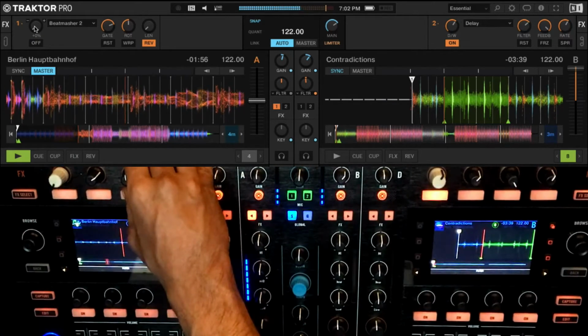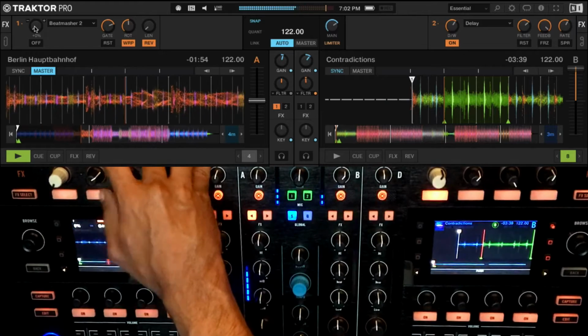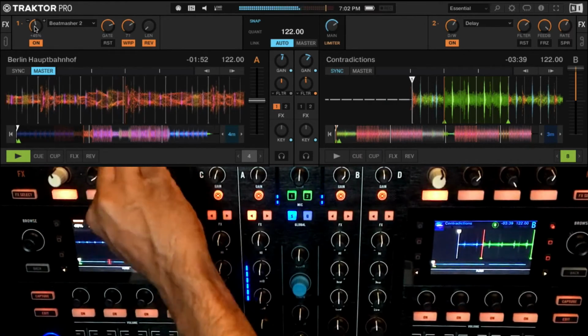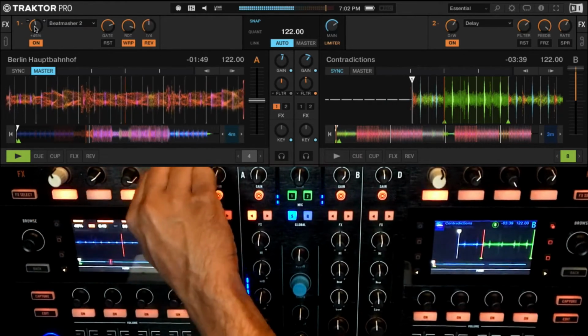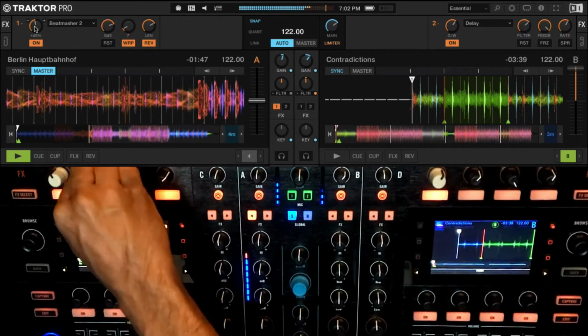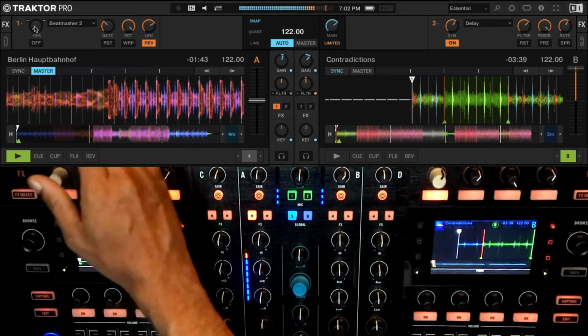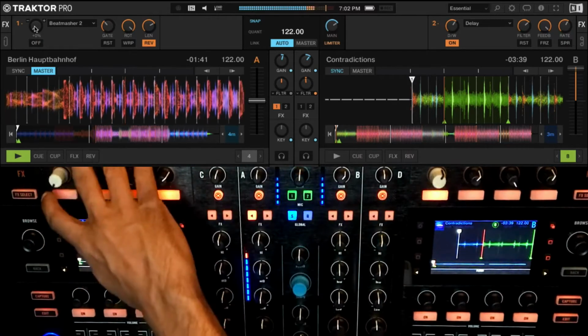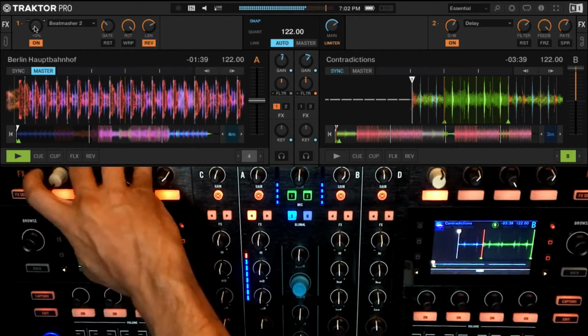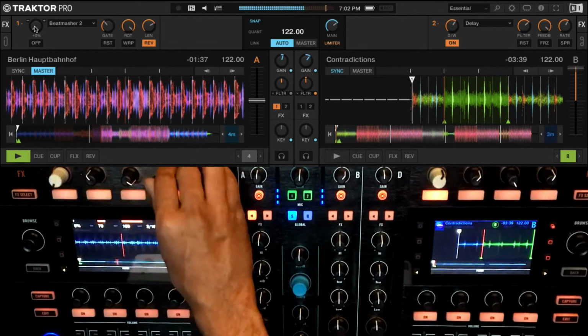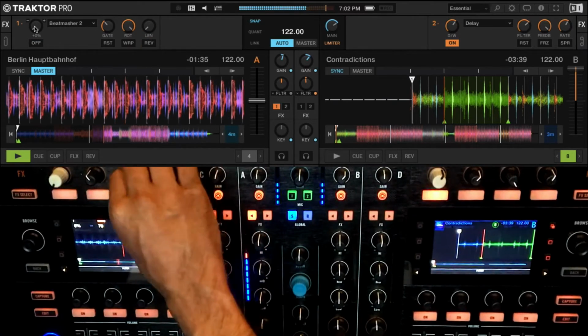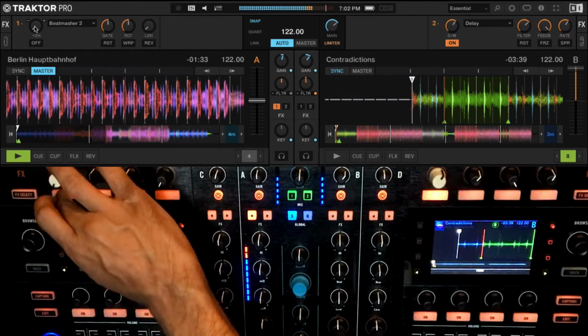I could also switch on this warp mode where my rotations won't be in time. Grab a loop and show you that. Let's put the length to 4/4. Let's put the rotation and gate in the center.